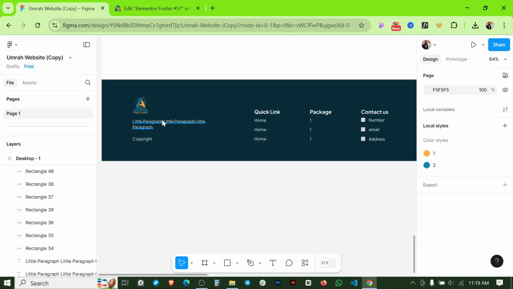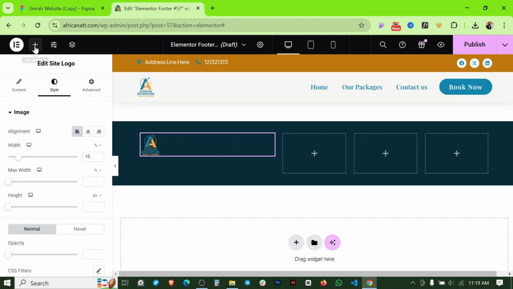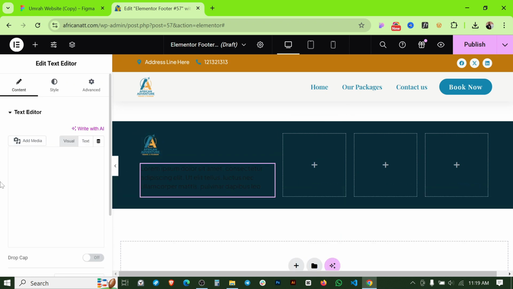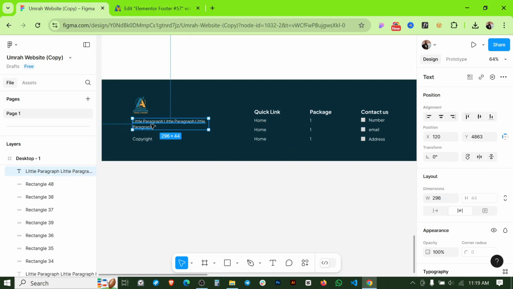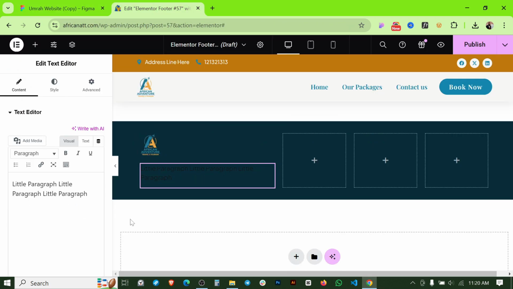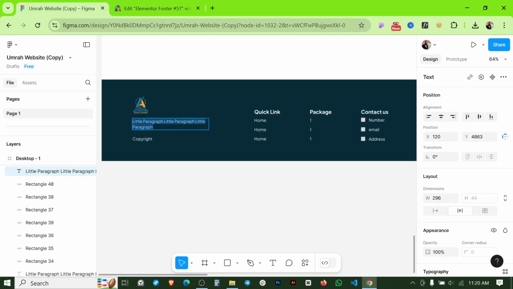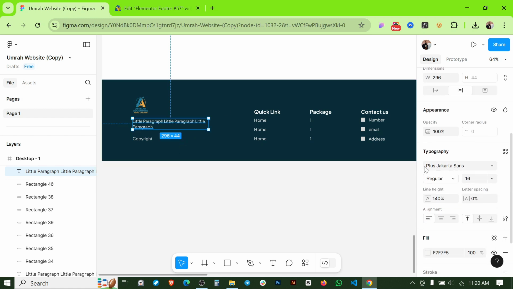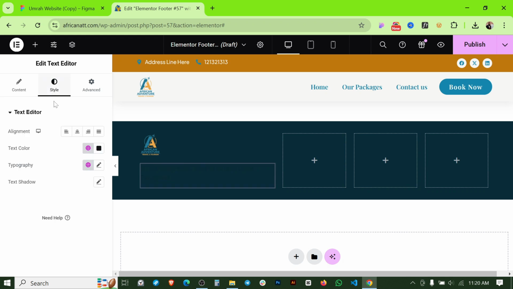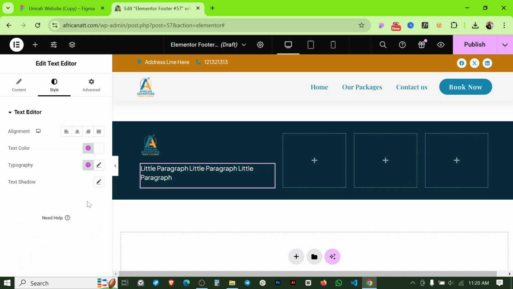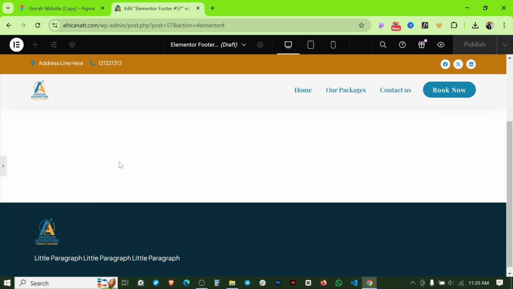And here there is a paragraph and copyright section. So if I take the text editor here, we can copy this text here, and if I go for paste them, and let's see that text typography here, this is 16% and Plus Jakarta Sans. So if I go for the text, it is selected, and if I click the color to white, okay,